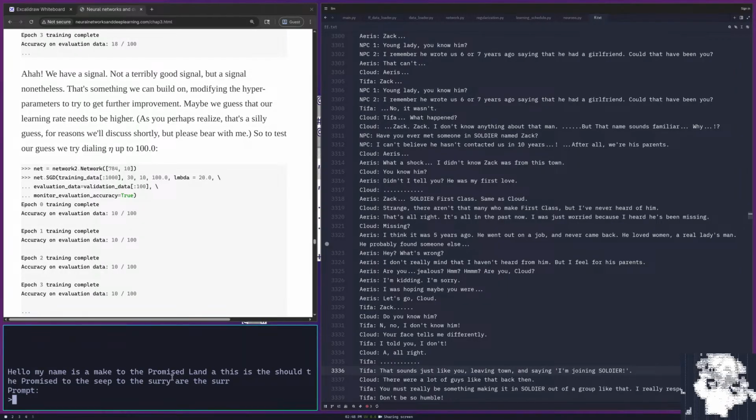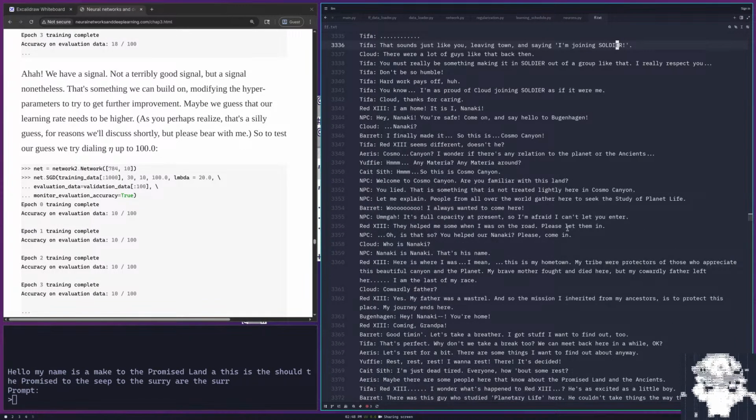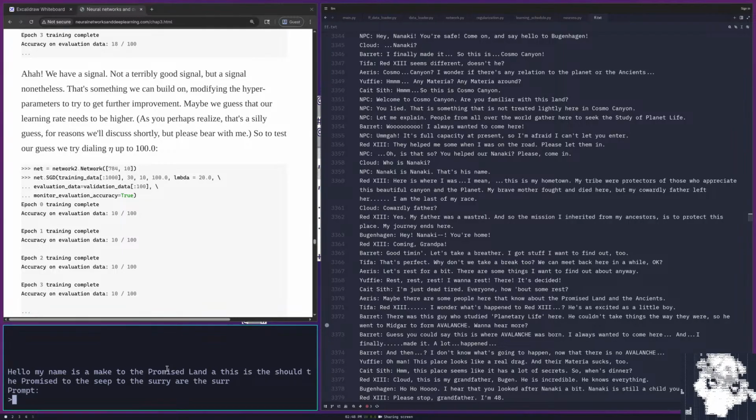I like this one better than the other one. It's more interesting. I'm going to go talk to Red 13. I don't know the Sur in the Reach. I work for, I wanted to say Shinra. I used to work for,